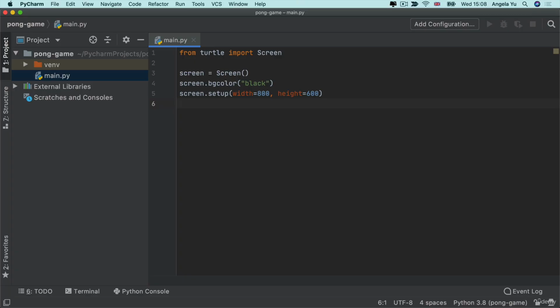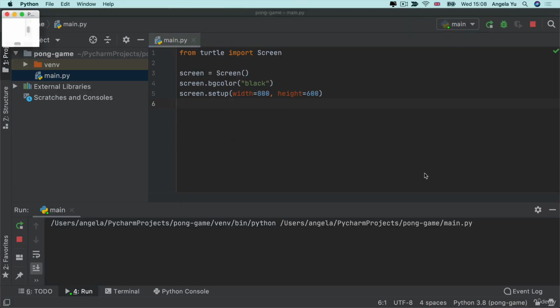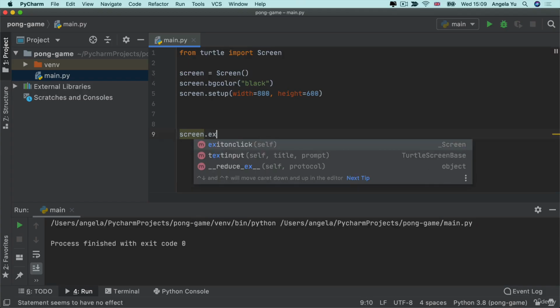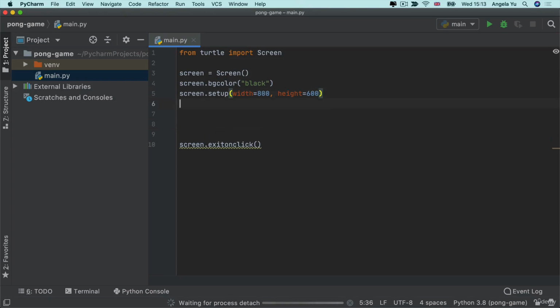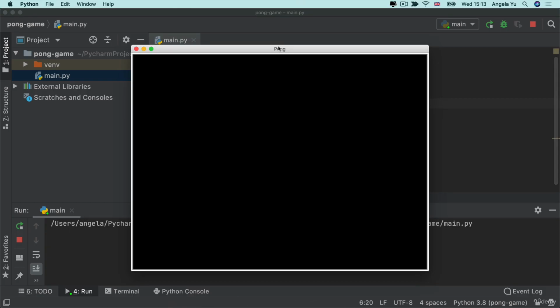So now if I run this code as it is, you'll see that it flashes up and it disappears. So of course we need that exit on click method as well. As a final finishing touch, this is completely optional, but it helps to identify the program. We can change the screen's title to say Pong. And now when I run the code, you can see that this window now says Pong. So we now have our 800 by 600 screen, and we're now ready to head to the next step where